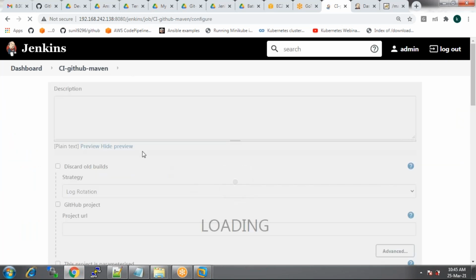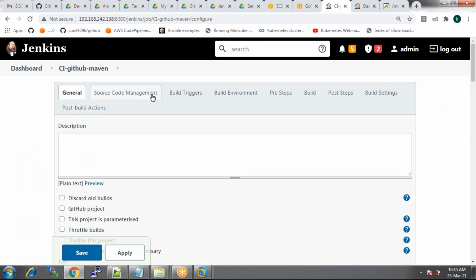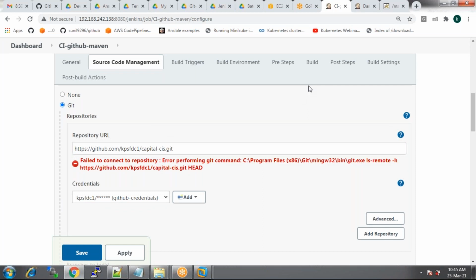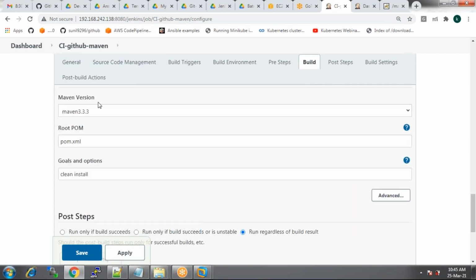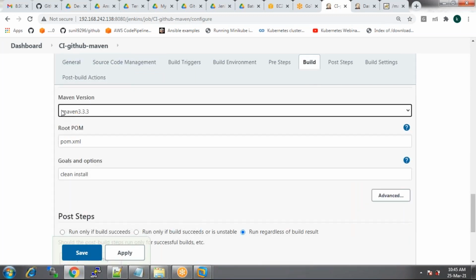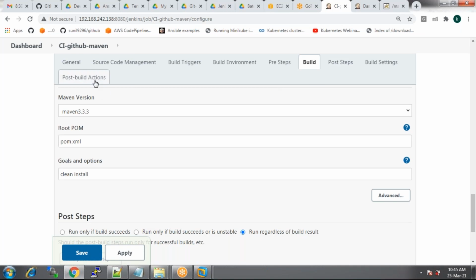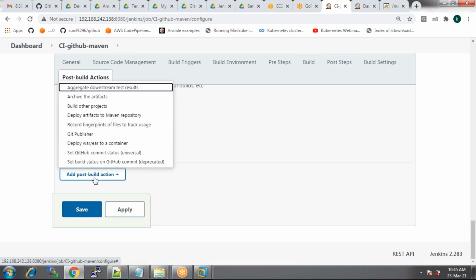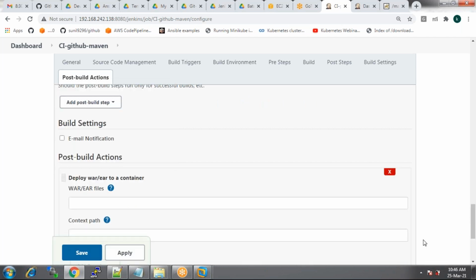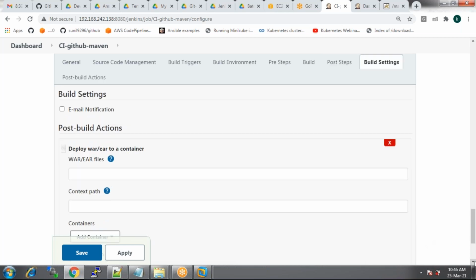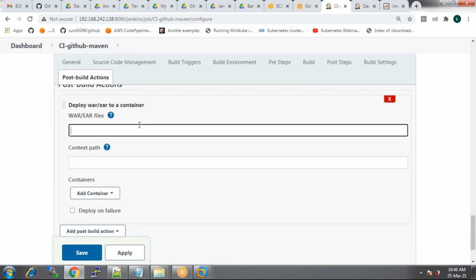You take the repository URL first. Okay, so first the source code repository URL, and then in the build steps, you take the build steps. Okay, and then in the post build actions, you take your post build action as deploy WAR/EAR to a container, and then you mention, let's say I want to deploy WAR files, and then your